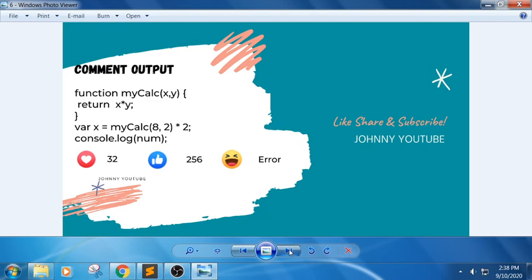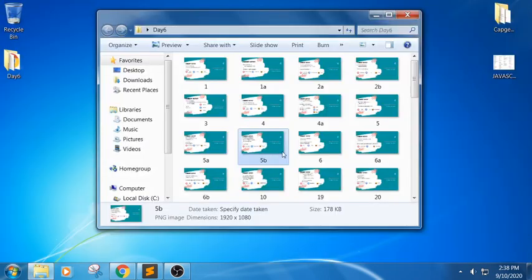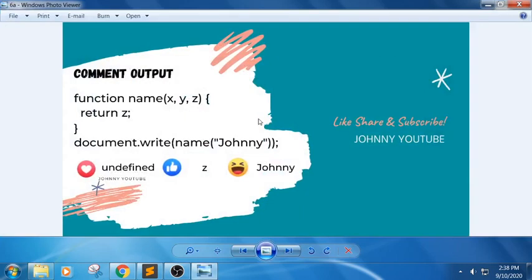Next one, 6th A. See here we have a function. The function name itself is name, and we have how many arguments? We have only one argument, but how many parameters do we have? We have 3 parameters, x, y, z. Here we haven't defined z, so what would be the default value of a not defined variable? In the sense we don't have any variable, then it would be undefined. The answer would be undefined here.